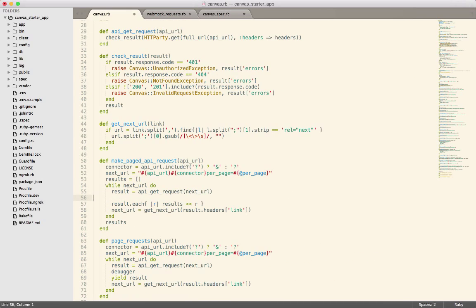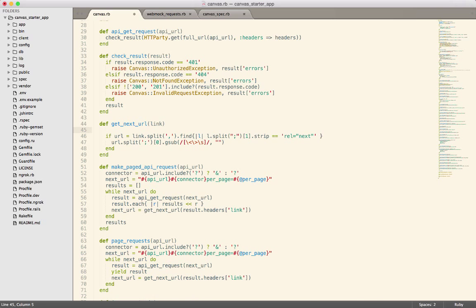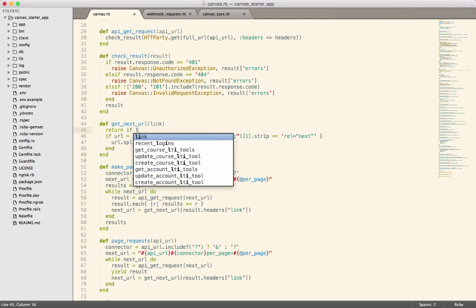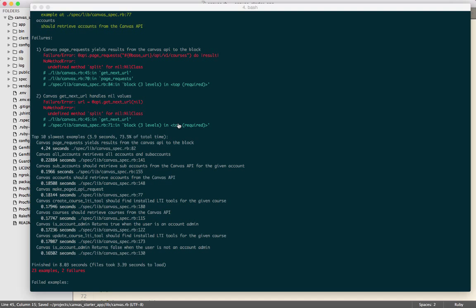And I'm getting rid of these debuggers while we're at it, just so we don't stop on our tests all the time. So right here, we're just going to return if, I guess we're in Rails, so we can do link.blank. If you weren't in Rails, then there's no .blank. You could test for .nil. There's a couple of tests you could run, but that's really convenient to just say link.blank. Or if you want to check if it's present, you can do link.present. So this is just going to return it. So now if we go run our tests again,